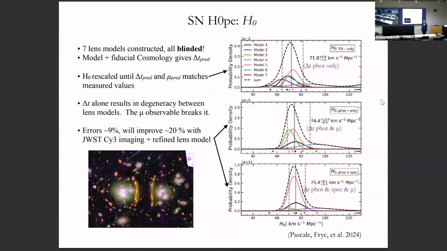So H0. And then they returned to us their values for the 2 time delays and the 3 absolute magnifications. We then rescaled their value for H0 until their predicted values matched the observed ones. And we ended up getting H0. Now this looks like a lot, sorry, I'll try to use the laser pointer. This is our result. You can see H0 is up here. Don't worry about all this mess.